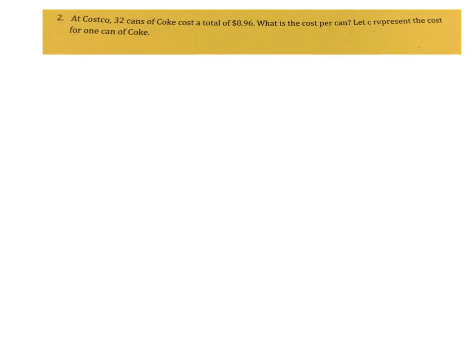All right, at Costco, 32 cans of Coke cost a total of $8.96. What is the cost per can? So I know that's my variable because I don't know the cost per can. And we're going to actually use C. So let C represent the cost for 1 can of Coke. So if I was to think about how I would solve this, I know that I would solve this by taking my total and dividing by 32 to get my answer. But we want to think about the inverse or the opposite to write our equation here. So I know that that would be multiplication. So if I take my 32 cans of Coke and I multiply them by C, the cost that each of the cans are, that should equal my